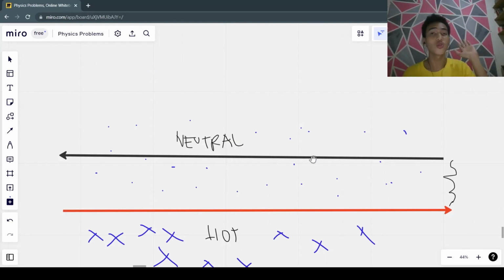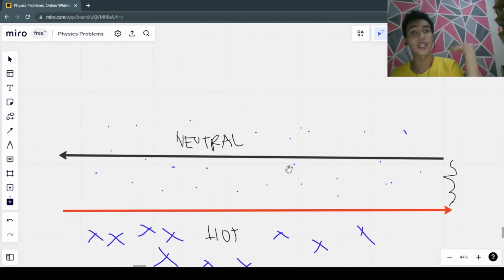So, let us apply right hand rule 1 to this neutral wire. We can see that the neutral wire's current is pointing to the left. So, let us first point our thumb to the left, because that is the direction of our current. And these dots are the direction of the magnetic field. So, our 4 fingers, since it is out of the page, should point toward our face and away from the screen. Our 4 fingers point toward us and away from the screen, and our thumb points to the left based on the direction of the current.